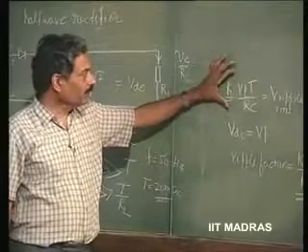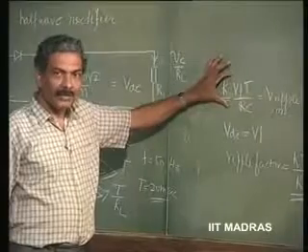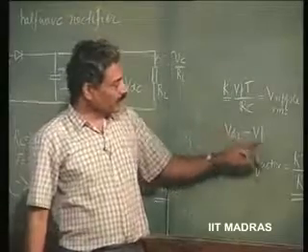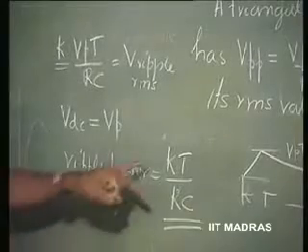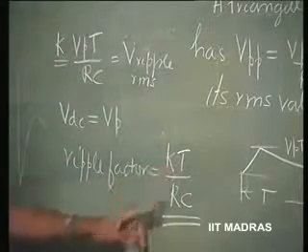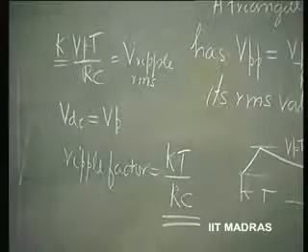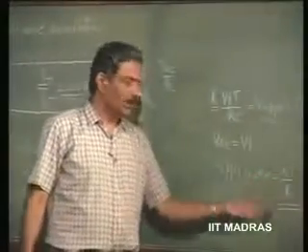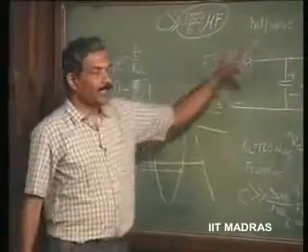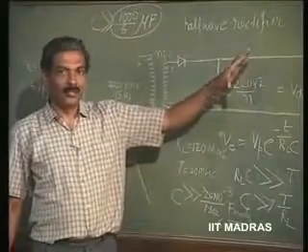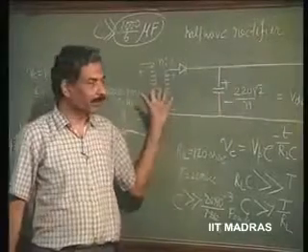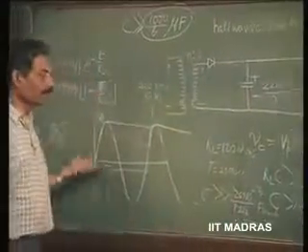If you have not been able to work this out, again it can be shown how it can be worked out. Further steps can be given in the next class, and then the DC value being equal to Vp approximately, the ripple factor is nothing but the RMS value of the ripple divided by the DC value, which comes out as kT by Rc. So this tells us that T by Rc being extremely small, the ripple is very small in this case. This is basically a very good battery replacement, using a power supply.